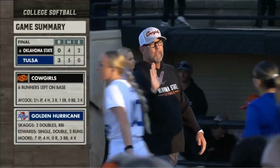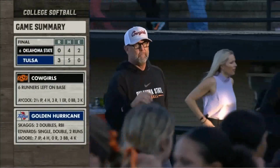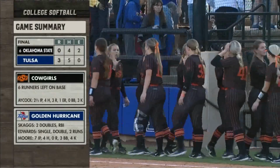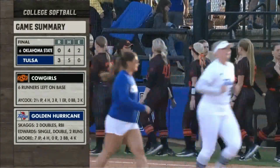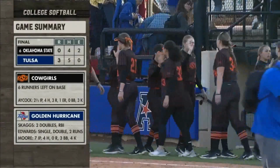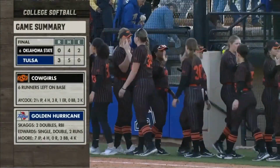It's Oklahoma State, no runs on 4 hits and 2 errors. There you see head coach Kenny Gajewski, the Cowgirls, who left 6 runners on base. I mean, you can see the respect on these young people's faces, and obviously on the faces